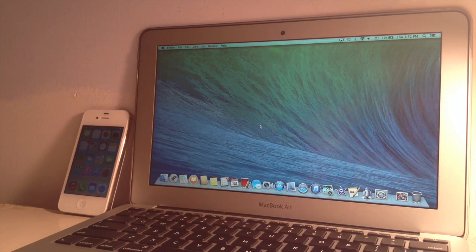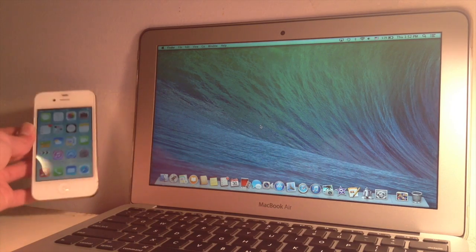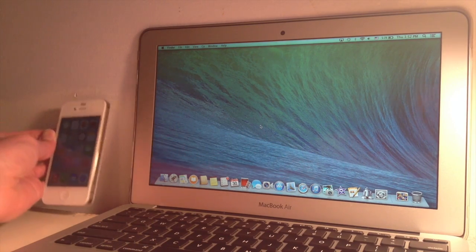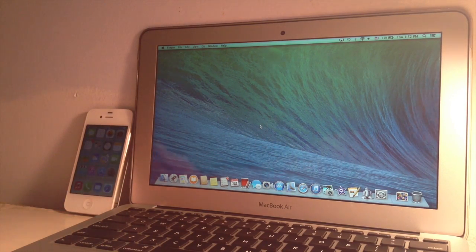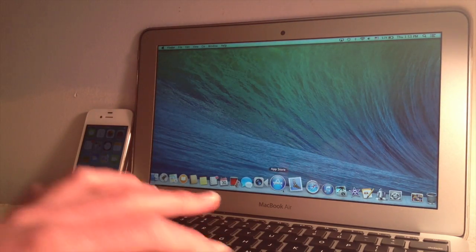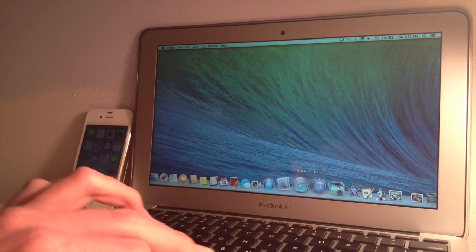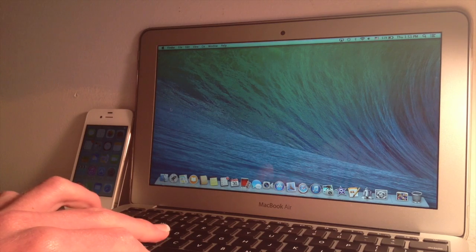It definitely seems very minor compared to the huge overhaul of iOS 7, but I imagine that Apple has some big things in store for the next operating system that they release for the Mac. I'm hoping that they do more of an iOS 7 like overhaul, because I really like the look of iOS 7. I don't know, most people that have downloaded it do, and so I think it would go great if Apple did a similar look for macOS 10 to kind of unify the two